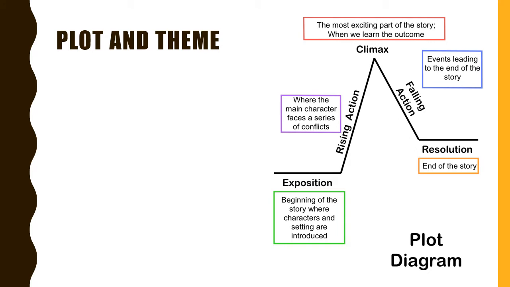In a narrative or creative writing, a plot is the sequence of events that make up a story, whether it's told, written, filmed, or sung. The plot is the story, and more specifically, how the story develops, unfolds, and moves in time. Plots are typically made up of 5 elements. 1. Exposition, as you can see at the bottom.